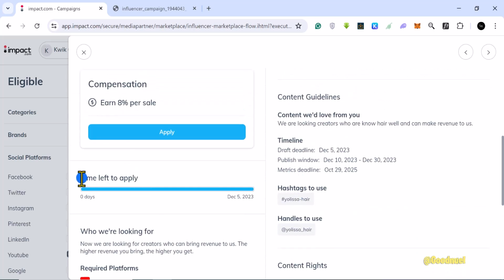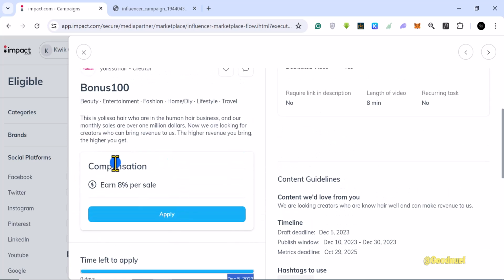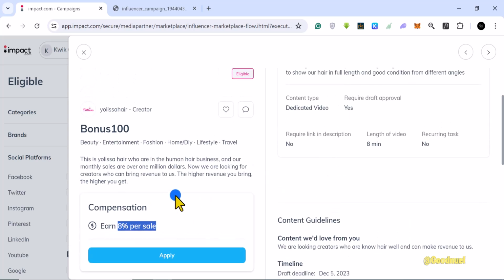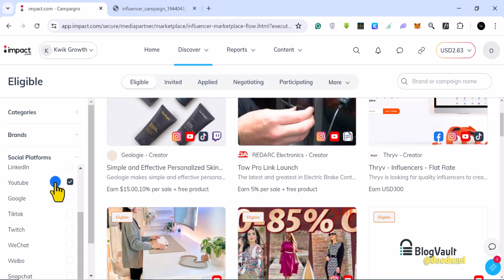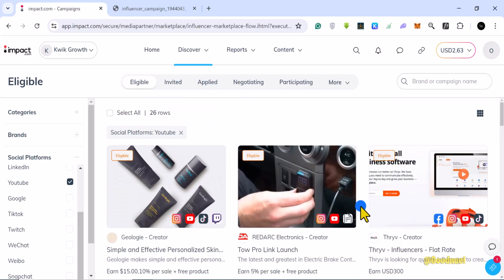So this is already closed, it closed in December 2023, but this is how much you would have been able to earn. You earn 8% per sale. So I wouldn't apply to this because I would want my money up front. I'm not here to do any free service for you, man. So this, my friend, is how you can join the Impact